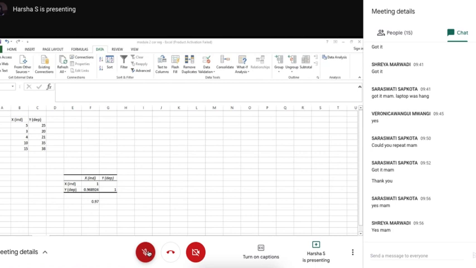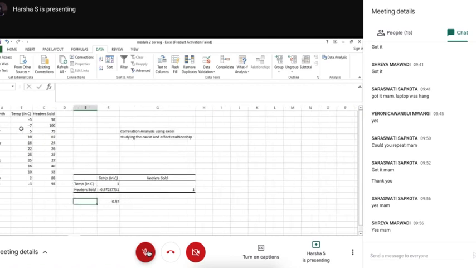Now continuing the same thing with the advertisement example. Did you see here there's month, there's a temperature and heater sold. And I got to know how temperatures and heater sold are, what is the correlation effect. Now, think for example, I'm adding one more column and calling it advertisement cost.